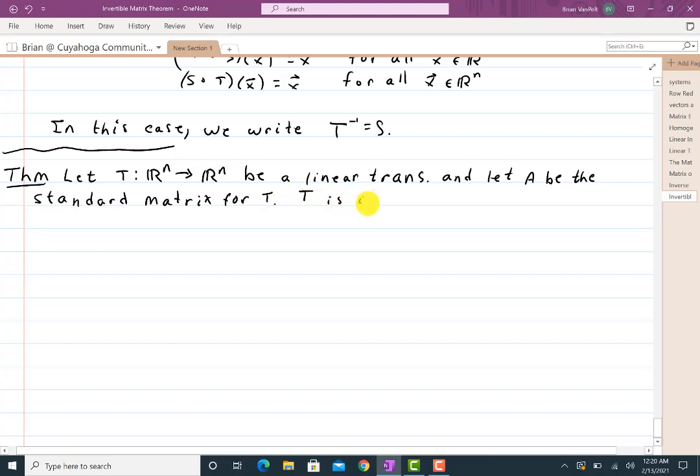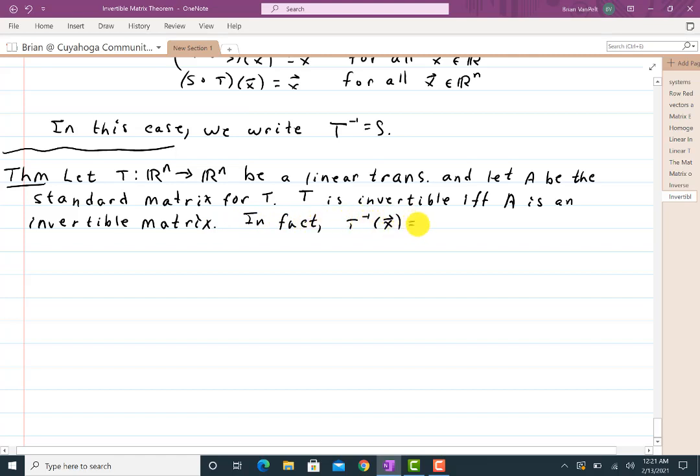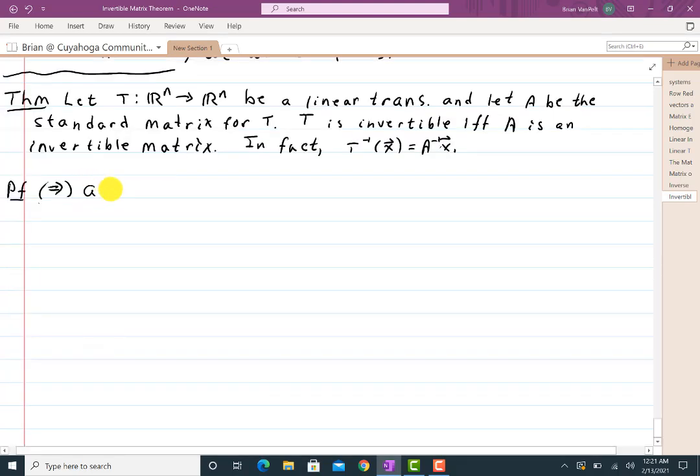T is invertible if and only if A is an invertible matrix. In fact, T inverse of x will equal A inverse x. So it's easy to get a formula for T inverse. Let's go ahead and do the proof. Let me go first in the forward direction and assume